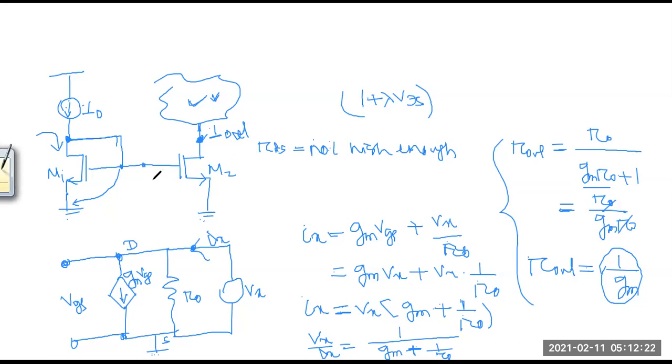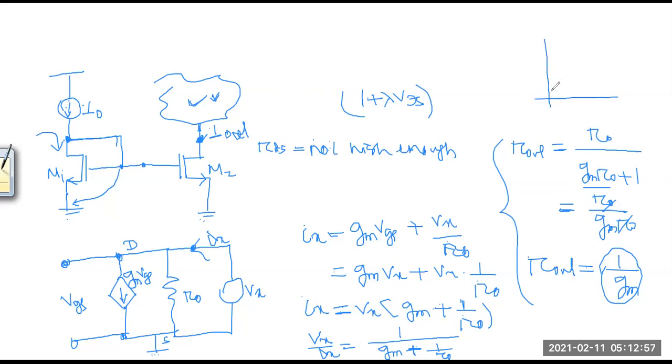Only thing is 1 plus lambda VDS. If this VDS will be same, suppose same technology, same transistors, everything same, lambda also same, then both currents will be same. But here this VDS is fixed, and if this VDS will be changed, the current will change. So this is the next disadvantage of this simple current mirror. If VDS will be changed, the direct effect will come to this point, so your current will change like that.